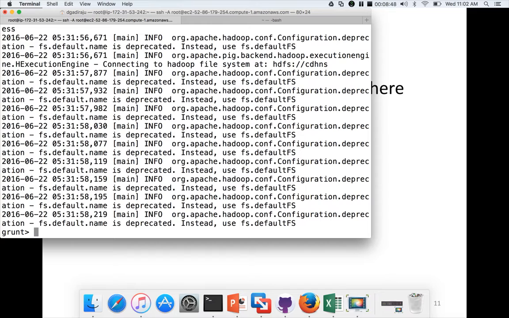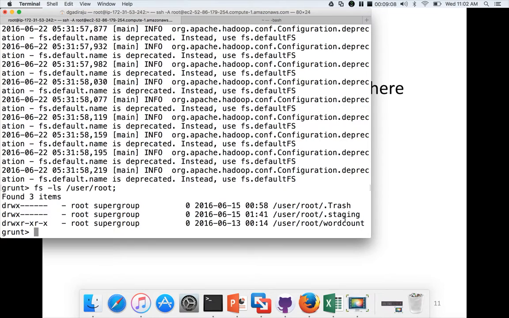So grunt is just the name for the pig command line interface. If you want to run HDFS commands, you can just use fs -ls /user/root. You don't need to use hadoop then fs. You can directly say fs -ls in grunt or the pig command line interface, and the commands will work without any issues.